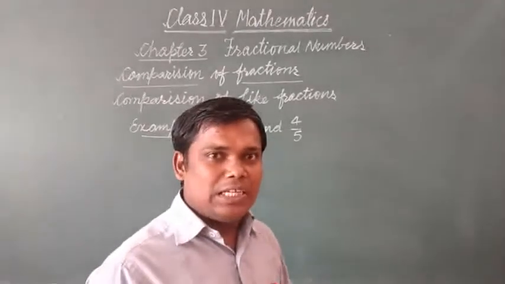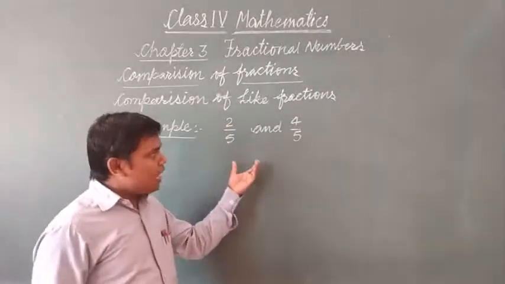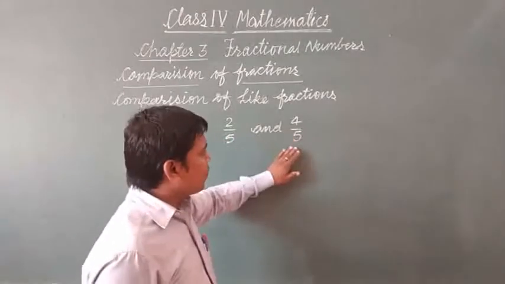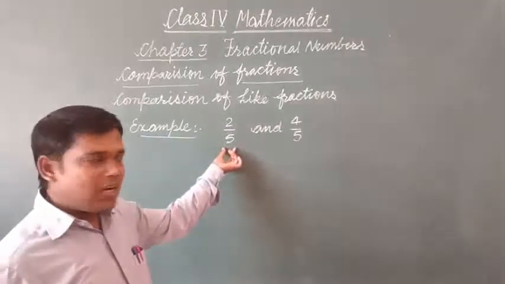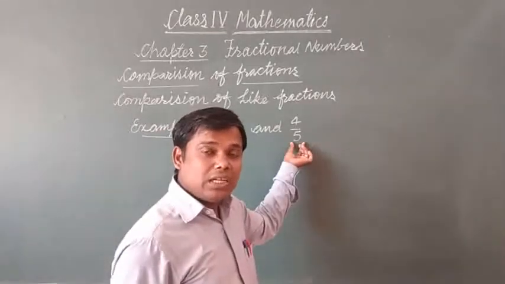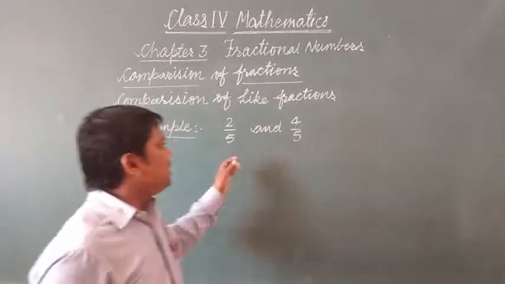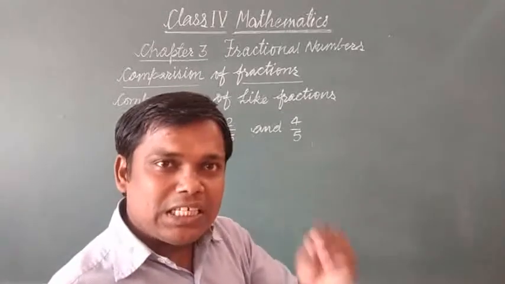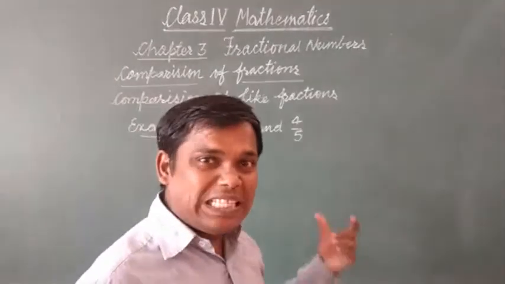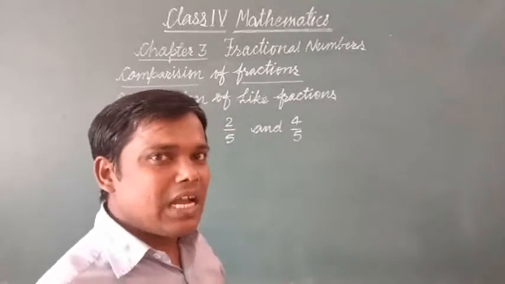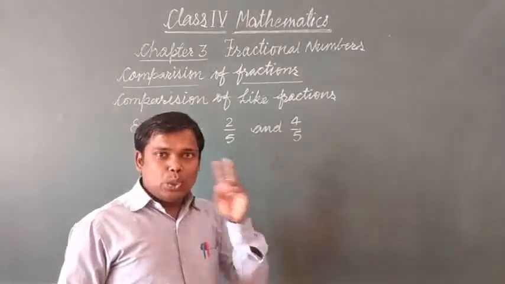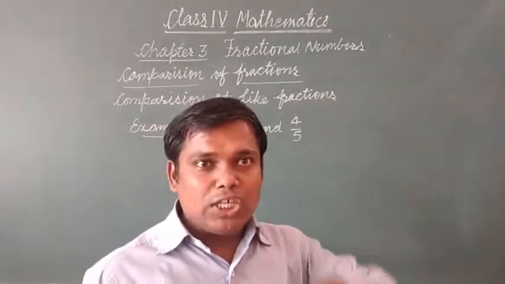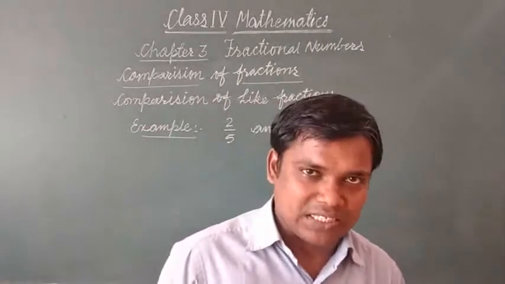This we have to calculate, or we have to come to know. As you are seeing, it is 2 by 5 and it is 4 by 5. It has its denominator 5 and it has also its denominator 5. Means in 2 by 5 and 4 by 5, both the denominators are same. Means this is the case of like fractions. And when we compare two like fractions, remember that the numerator which is greater will be the greater fraction.